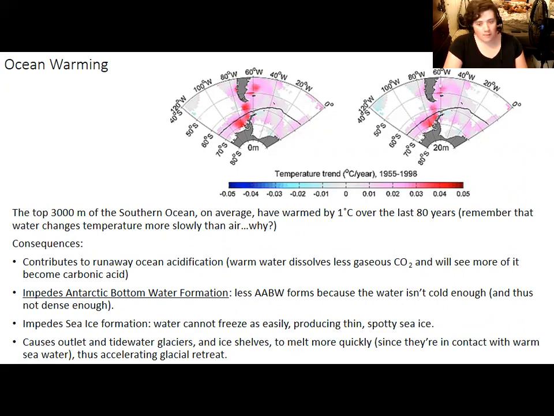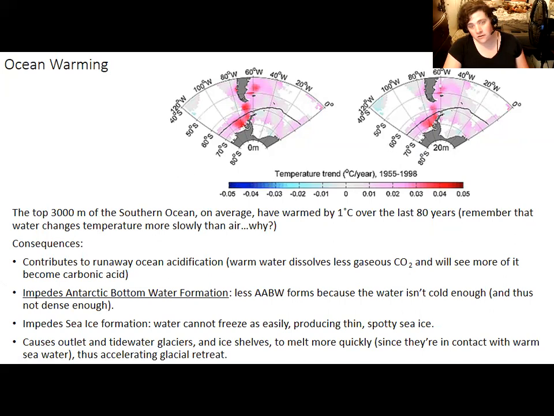In addition, with the water being less cold, this is causing less Antarctic bottom water to form. Warmer water is less dense and less likely to sink. And if there's less Antarctic bottom water forming, this has potentially dire consequences for thermohaline circulation. That is linked to the overall abundance of oxygen and nutrients throughout the world oceans, because Antarctic bottom water, remember, carries both of those to the deep ocean and spreads them out throughout the world's oceans. And this has some potentially dire consequences for ecosystems, not just in Antarctica, but elsewhere.